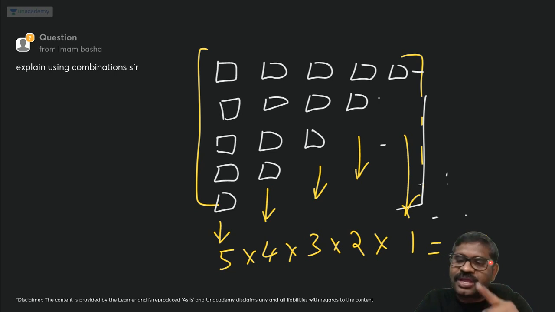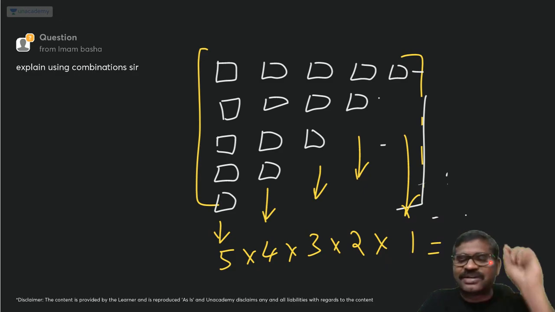Now in the classification we have 3 matrices: idempotent matrix, involutory matrix, nilpotent matrix. After that, one operation: conjugate of a matrix, transjugate of a matrix, Hermitian, skew Hermitian, unitary. After that, I'll start determinant and its properties. Okay? Now,